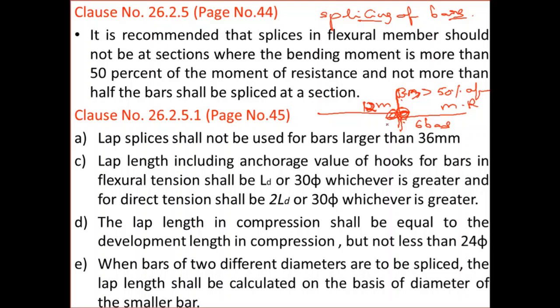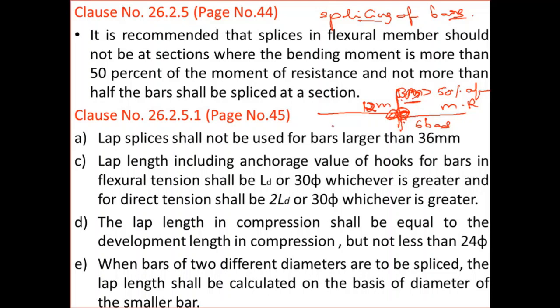Okay, not more than 50% of the bars can be spliced. So if 6 bars are there in the beam, you can splice only a maximum of 3 bars at the section. Okay, so two conditions are there. Splicing should not be done where the bending moment is greater than 50% of the moment of resistance, and at the given section not more than half of the bars